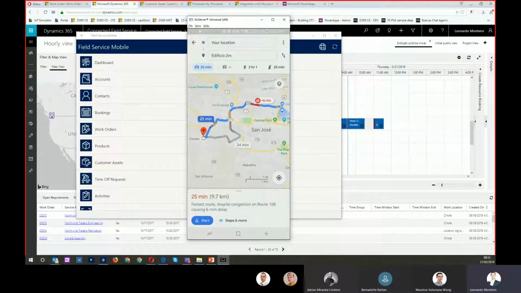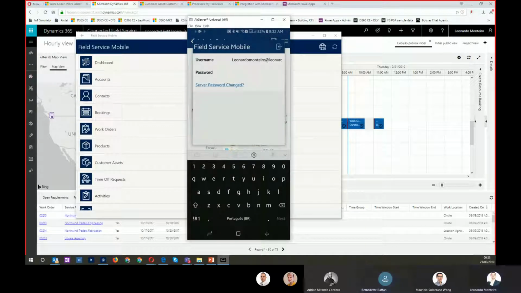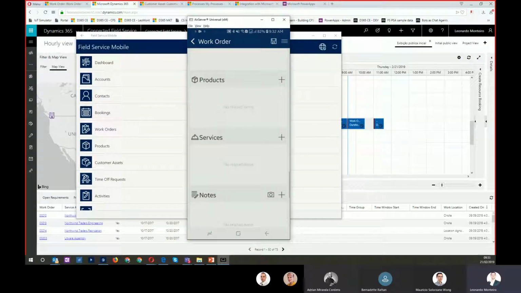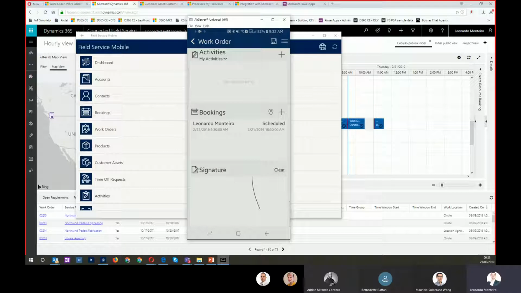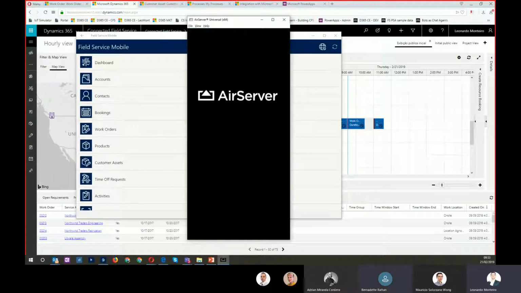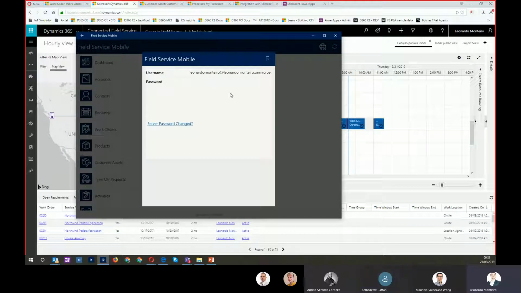Okay, here I have this integration with Google Maps, so I can start this and go to this point to do this maintenance. Okay, and I have the part that you told me about, where I can have the products that I'm using, the notes, and so on. After I do this task, I can get the products that I want to use. I'm not sure if I already have some product here, but I can see if